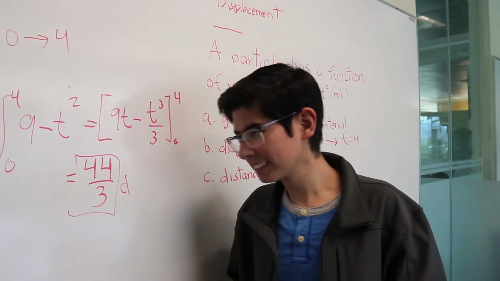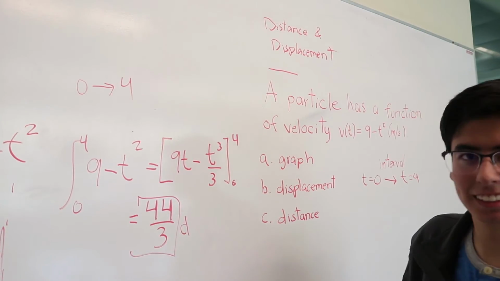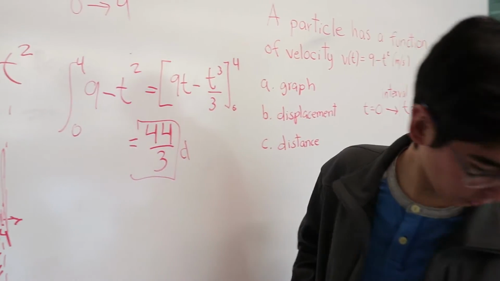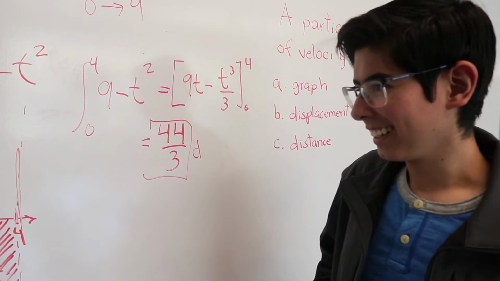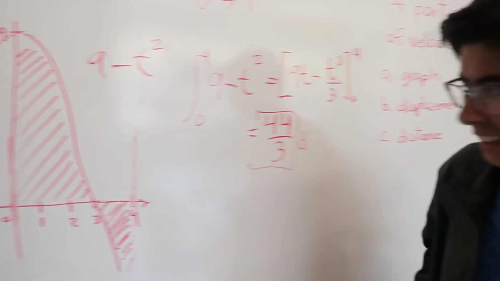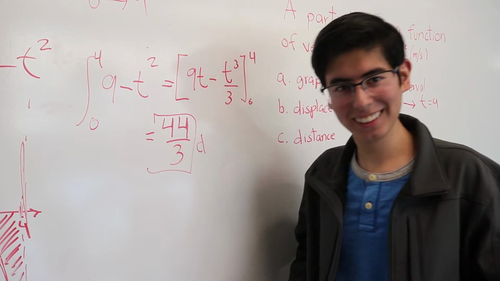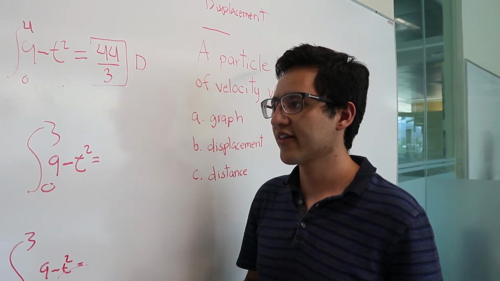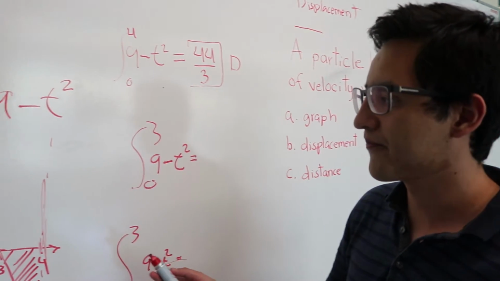Okay, but what is the difference between distance and displacement? Okay, the displacement takes into consideration the signs, but the distance doesn't. So to find the total distance, we need to split